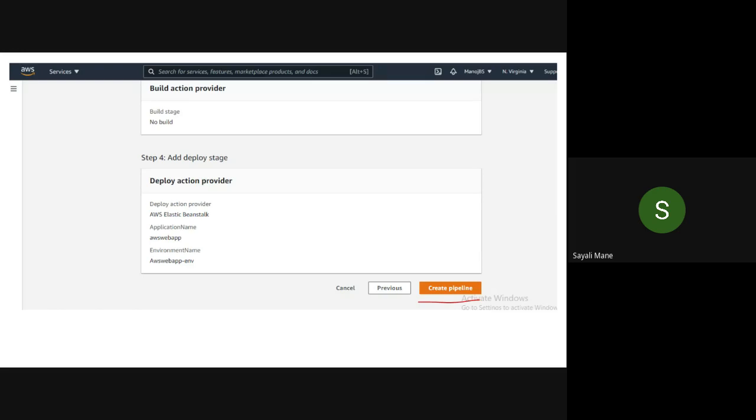If possible, try to take a screenshot of the whole page, because I tried my best. It couldn't work for me, so that's why I simply took a screenshot of step 4 and then highlighted the create pipeline. So please take a screenshot of your review page. Control S to save, yeah. Or you must be having snipping tools, right? Use snipping tools. Take a screenshot and then click on the create pipeline.